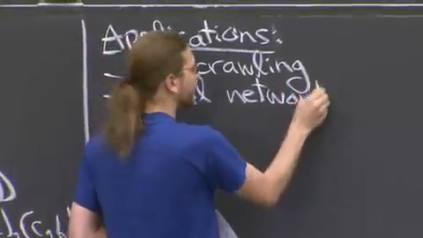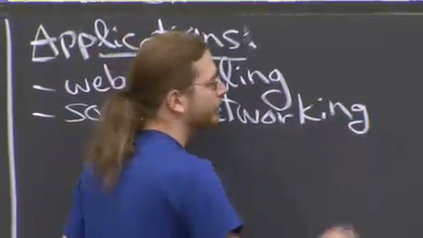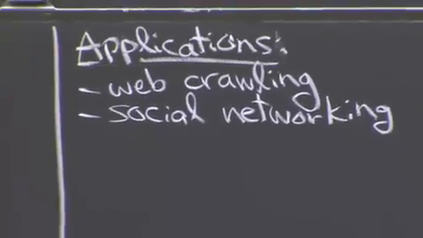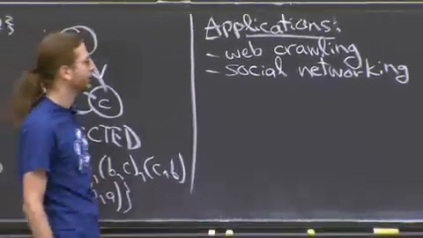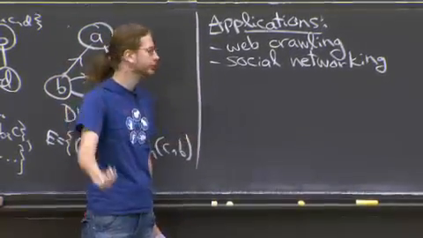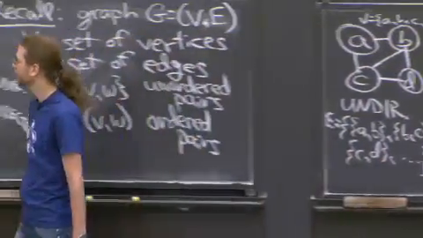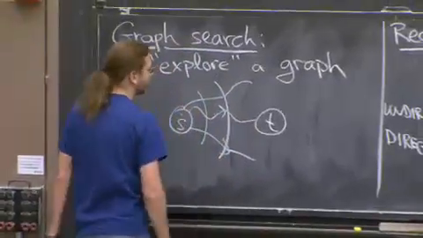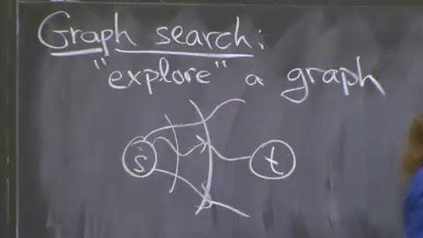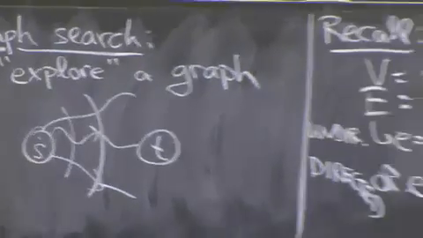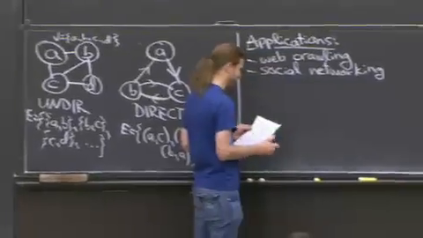Social networking. You're on Facebook, you use Friend Finder. It tries to find the friends that are nearest to you, or friends of friends is sort of a level 2 search. That's essentially a graph search problem. You want to know what's 2 levels or 3 levels of separation from you. And then you loop over those and look for other signs that you might be good friends.